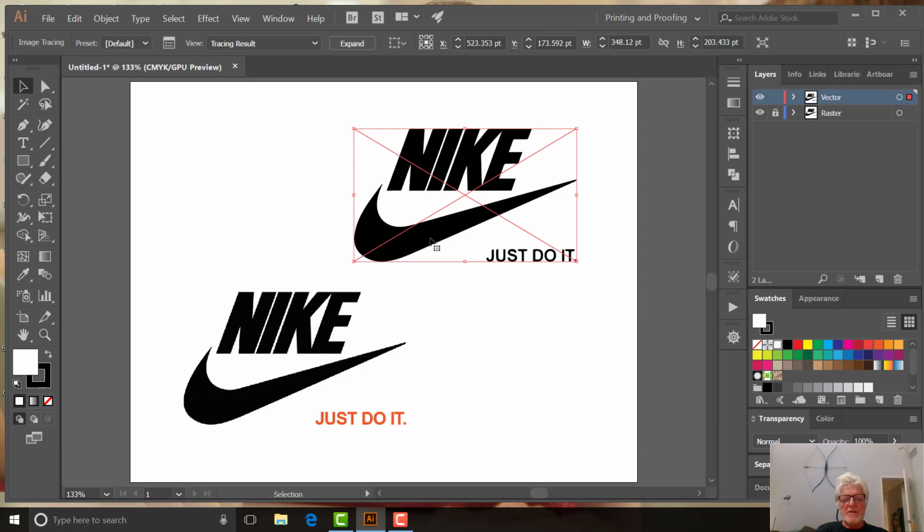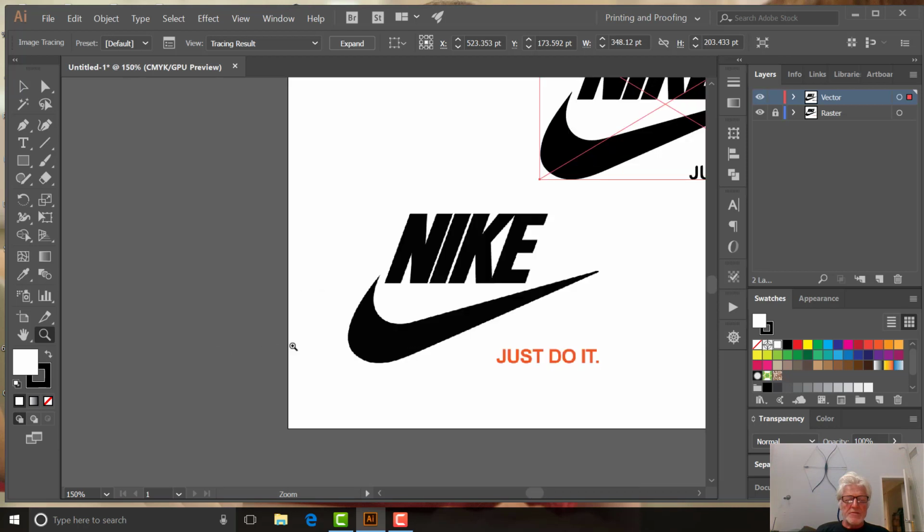And it has already been changed with that one operation into a pretty darn good vector image that actually will maintain resolution throughout various scaling operations. So for example, let's do a little comparison here. If I were to take this zoom tool and click on the original raster image,